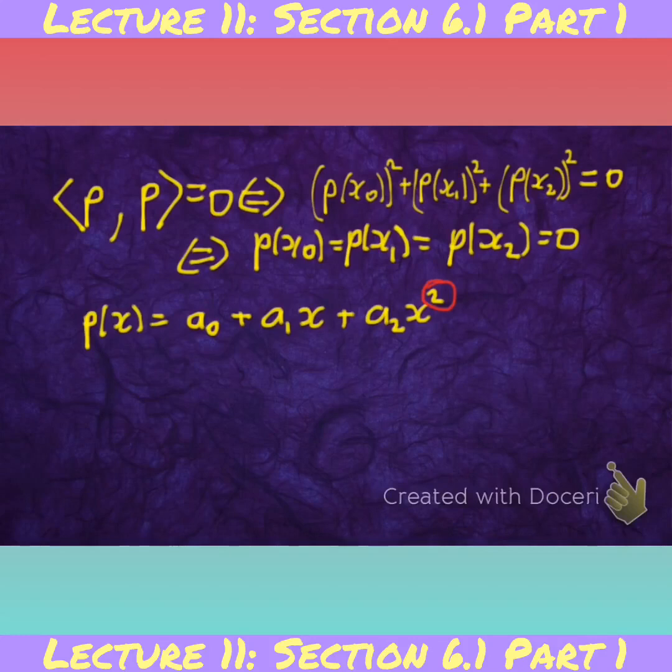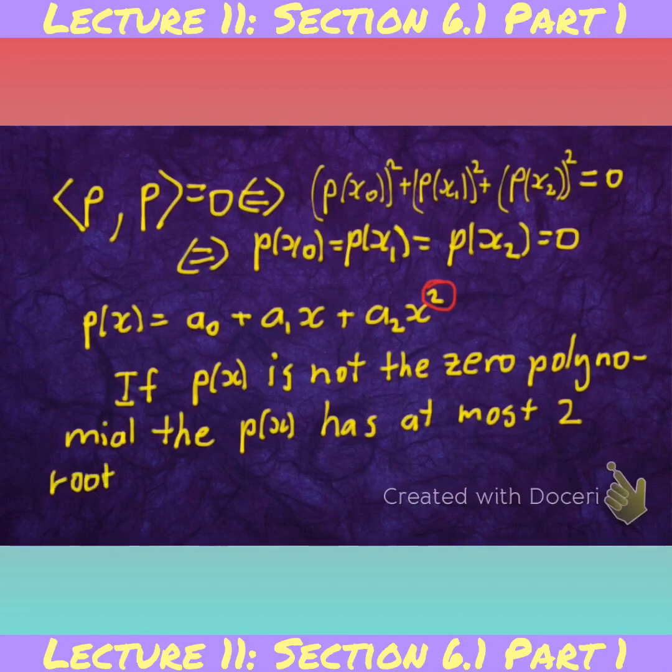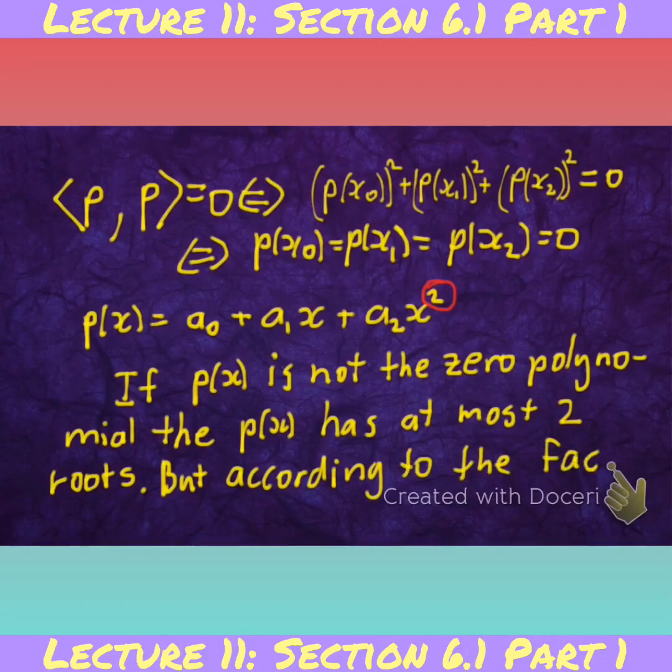Now, the problem is that if p(x) is not the 0 polynomial, then p(x) has at most 2 roots, but remember that according to what we just said, according to the fact that